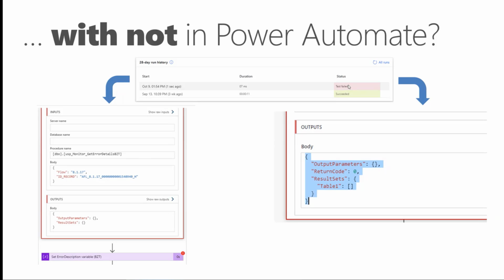And I saw in the history that there was a failure. And I asked the guy, why is this failing? And he told me, oh, there is no data on the SQL, so we get this failure, but this is normal. I told him, this cannot be normal. If you already expect that the data is not there, you need to control it in a proper way in your flow. So basically, it was getting some details,